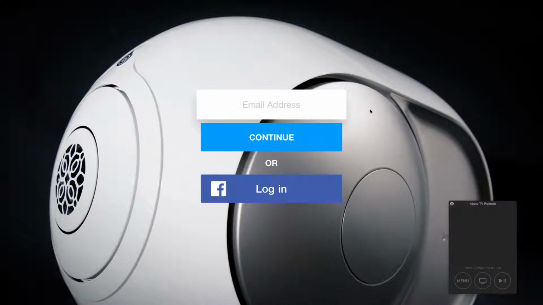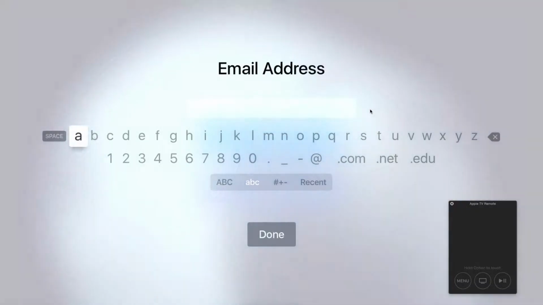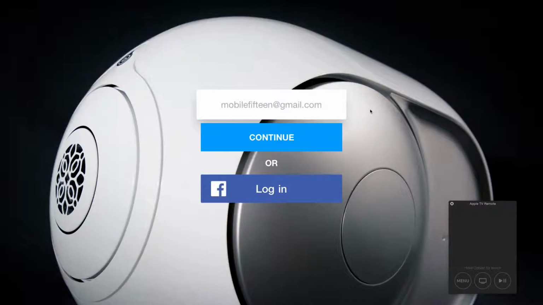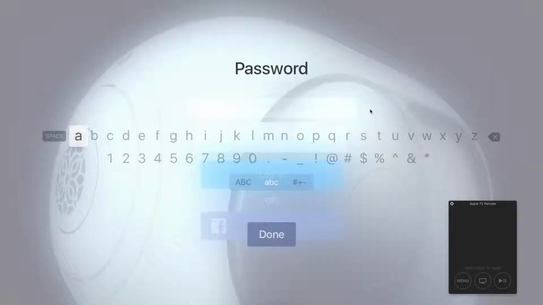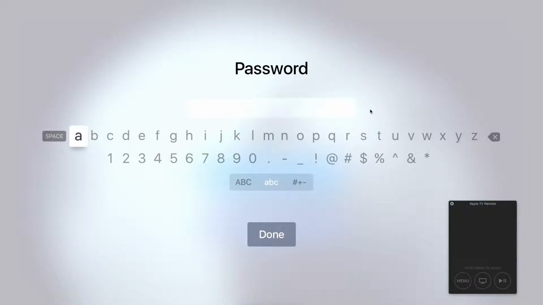Alright, so second really cool thing is the focus engine of tvOS. For the most part, the focus engine is really reliable and it's very intuitive to build UI on top of. What I mean is that when you're building an application for tvOS, you won't be struggling to build an intuitive